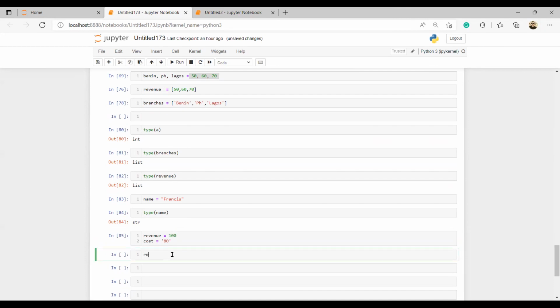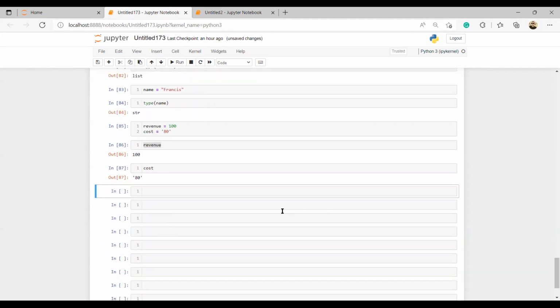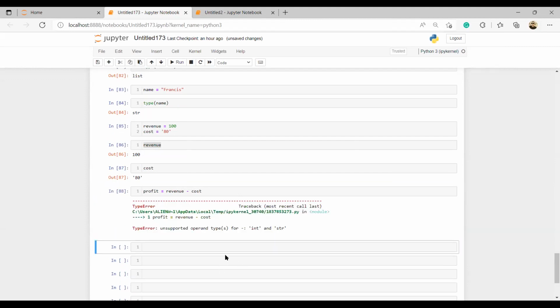If I call revenue, what is revenue? 100. If I call cost, what is cost? 80. Now, if I want to get the profits, what is profits? Revenue minus cost. It won't work now.